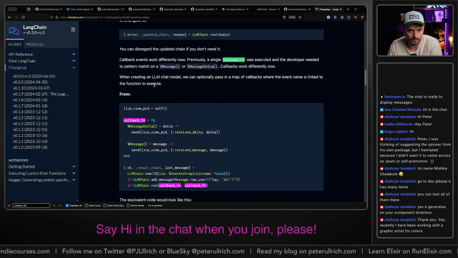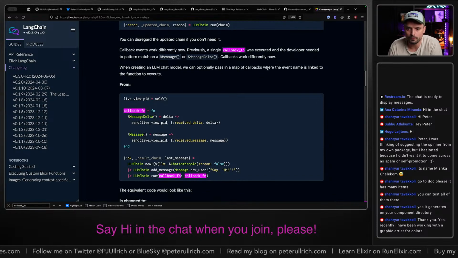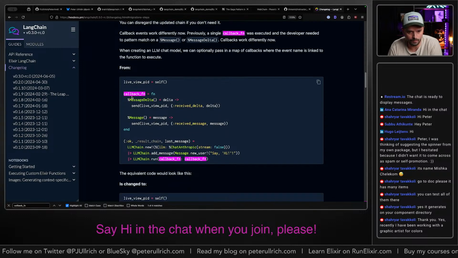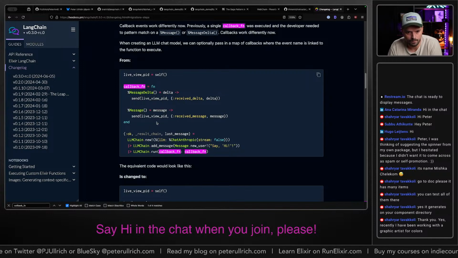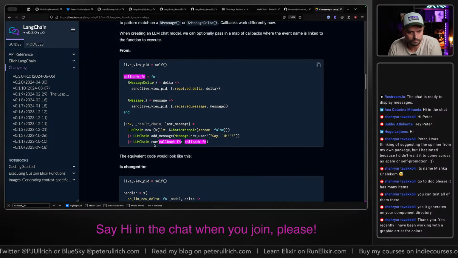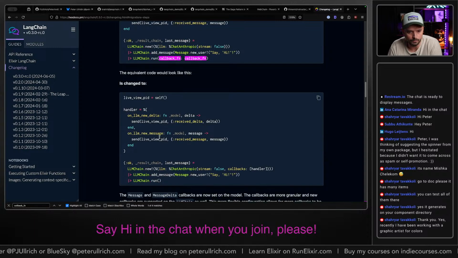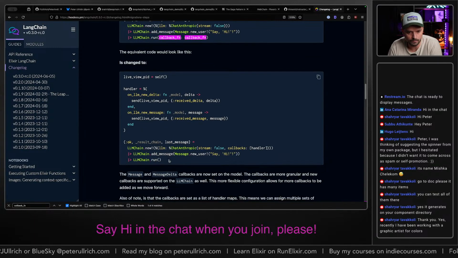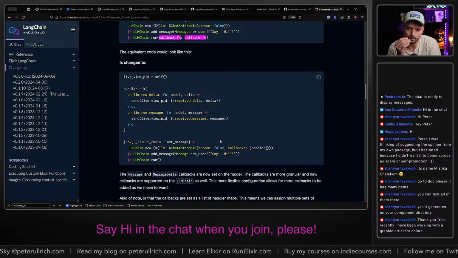Now, when creating an LLM chat model, we can optionally pass in a map of callbacks where the event name is linked to the function to execute. Okay. But I still... the equivalent for the new one. Okay, so it's a handler, and the handler is set in the callbacks of the model. Of the chain, okay.